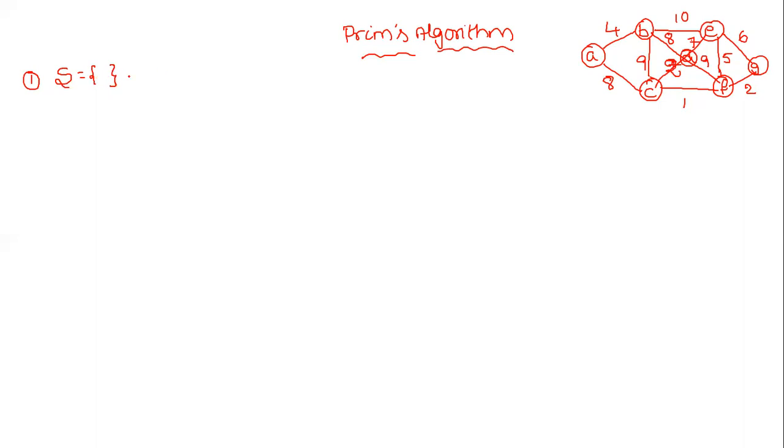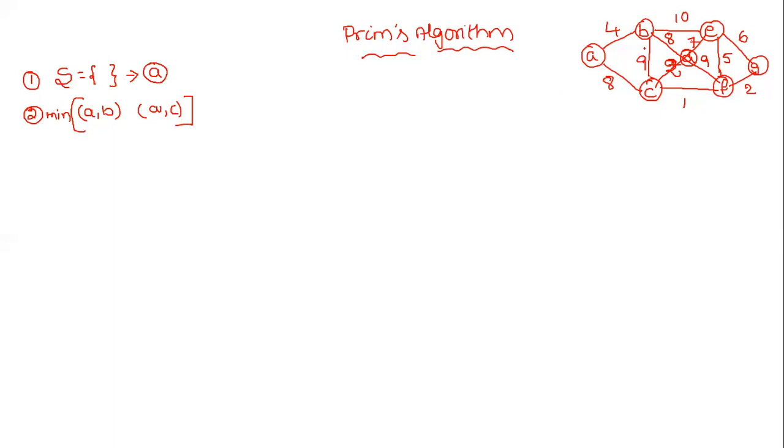So we will start the search by visiting a node, that is A. So A is here. In the next step, check all the adjacent nodes. Here A to B is one edge and A to C is another edge. So we will consider the minimum of these two edges.